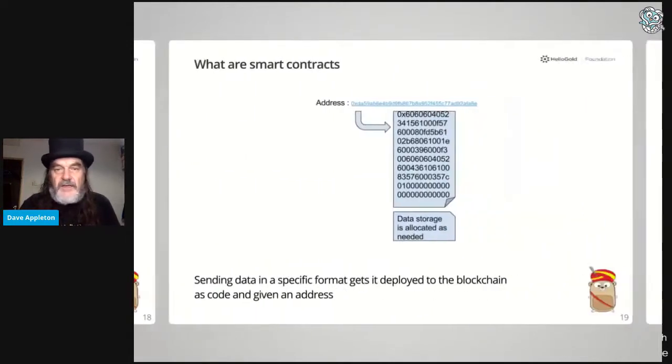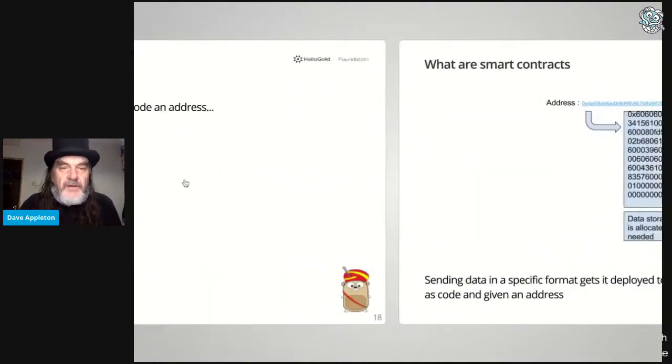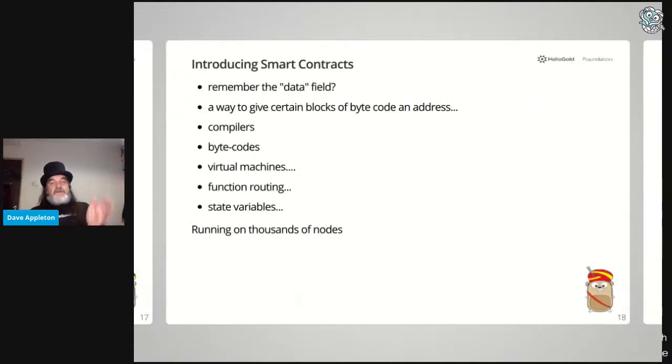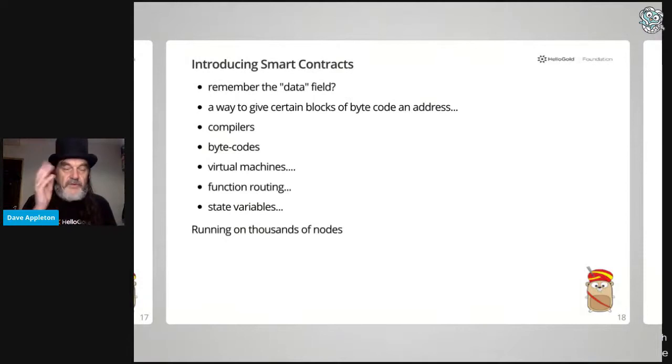So let's get into this. No, let's go back to there. Sorry. Okay, so we got the data field, and the data field can be interpreted. The first attempts to do anything was just to hook those bytes of data and interpret them as instructions to do something. But Ethereum went beyond that. Ethereum took the concept of not only can we just send information with one transaction, sometimes you can take this information and you can hang it on the blockchain,